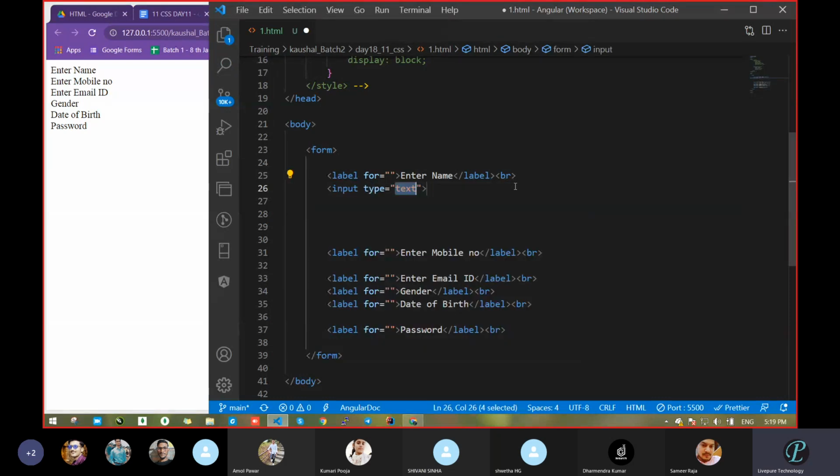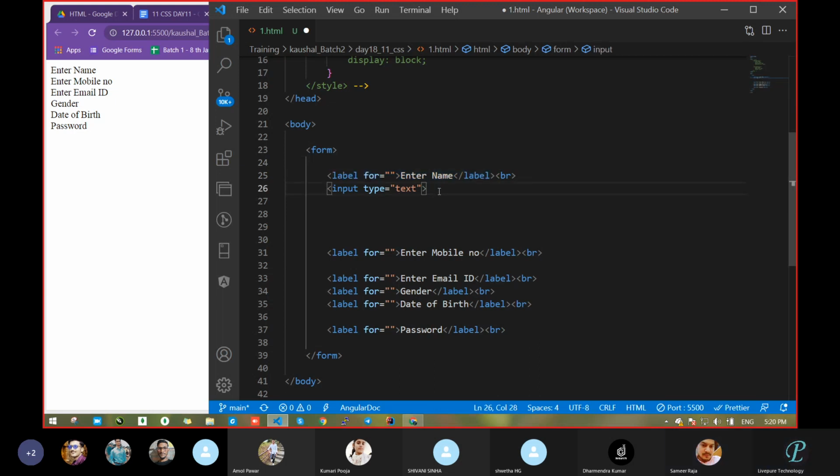Now when we have written input, see, one time I will go to this one. There is one label, that is a tag name, and this for, I will show you what it will do. For right now, just leave it. Don't think that this is the for of grammar. No. Whatever you want outside, you can write here. And we are going for breaking purpose because label is an inline element, correct?